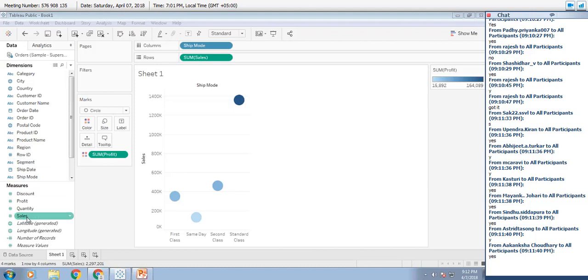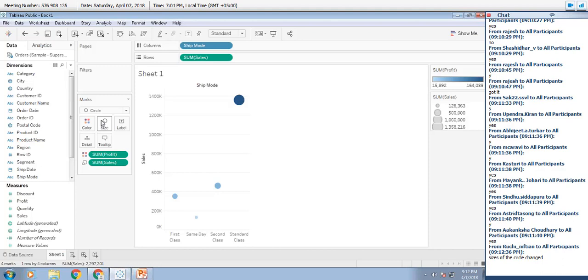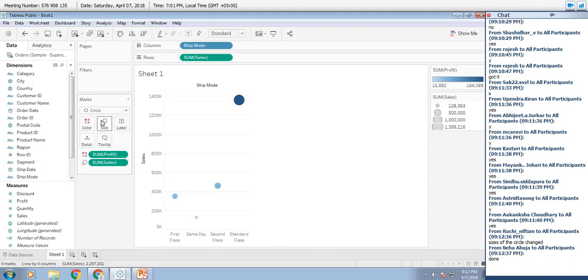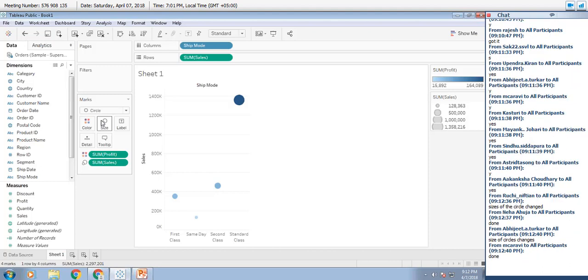Now drag sales and put it into size. Drag sales and put it into size. Do it now. What changed? The size of the circle has changed.